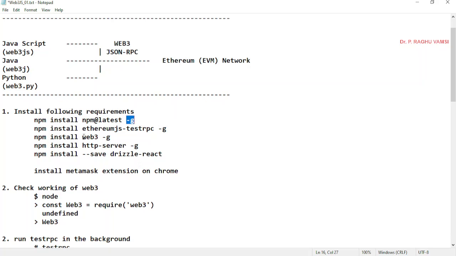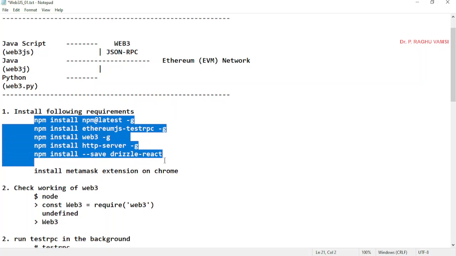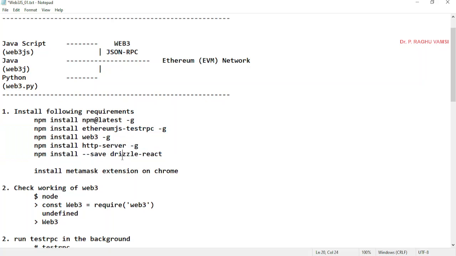You can cross-check whether you can access those packages or not. Otherwise, you may perform these steps and install the things.